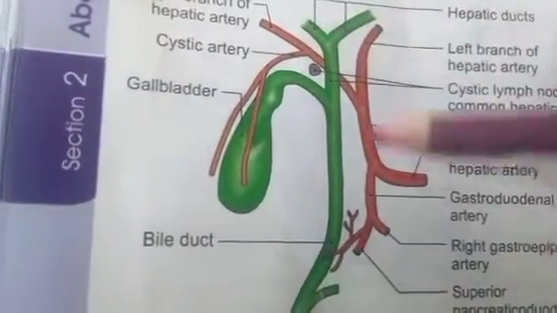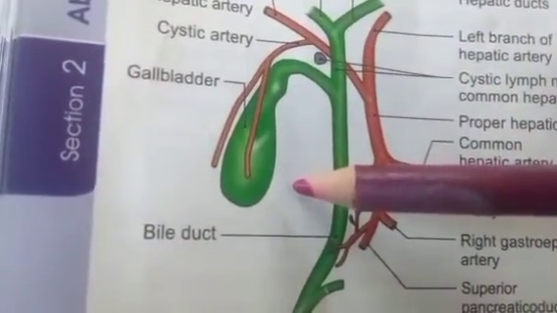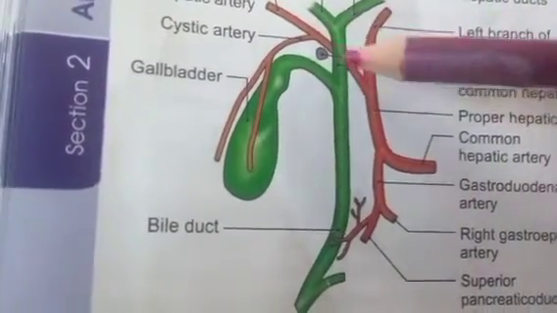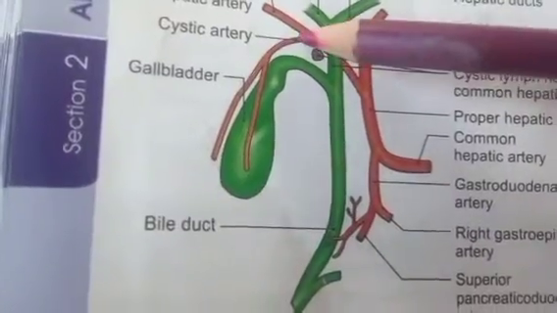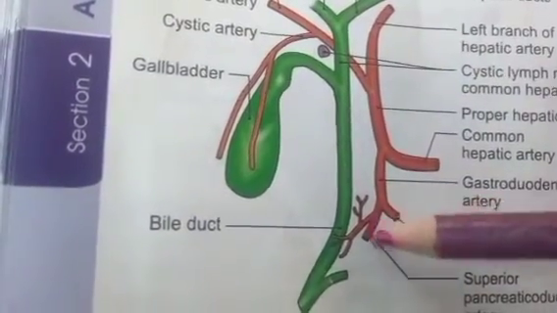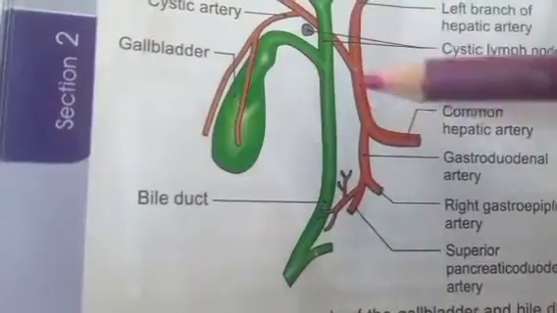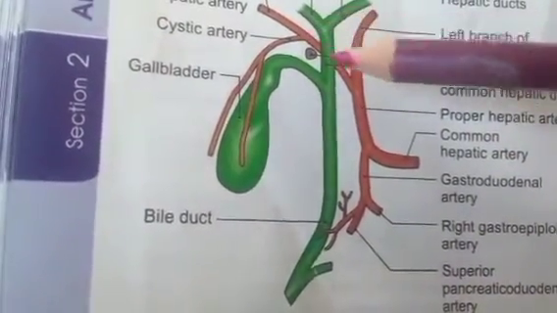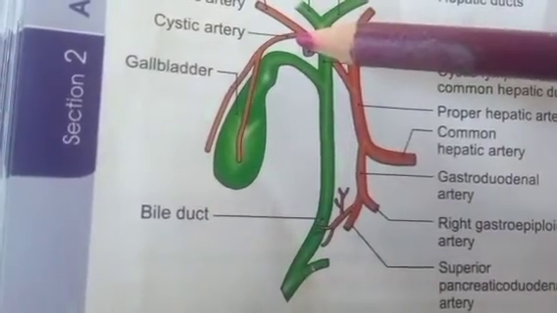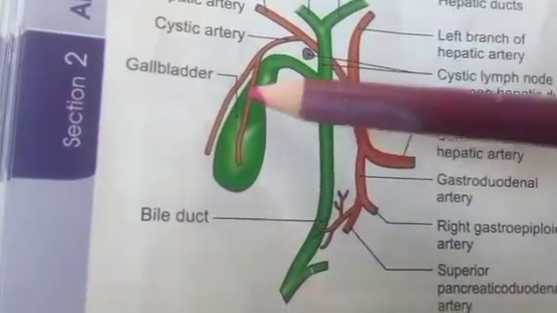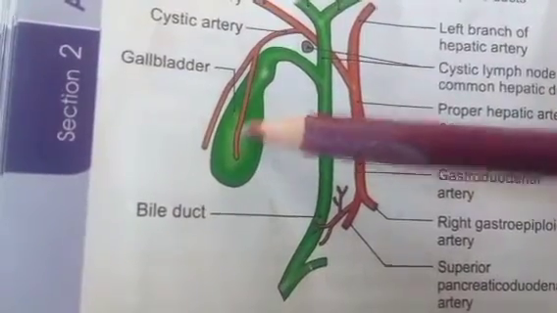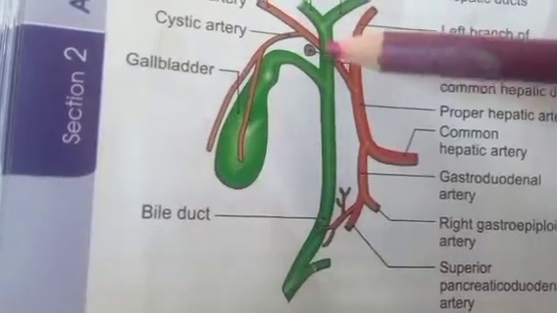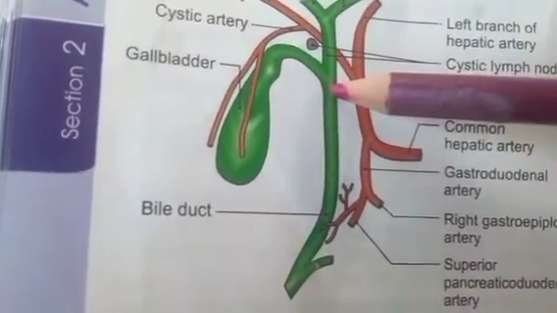The biliary apparatus is supplied arterial blood by mainly three arteries: the cystic artery, which forms the major source of the arterial blood, the superior pancreaticoduodenal artery, and the right hepatic artery. As we have told, the cystic artery forms the chief source of the blood supply. It is distributed to the gallbladder, the cystic duct, the hepatic duct, and the upper part of bile duct.